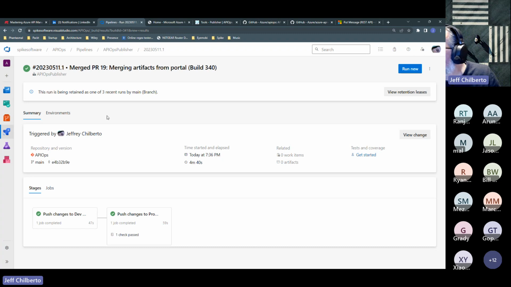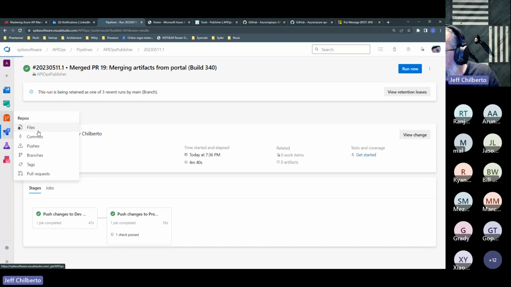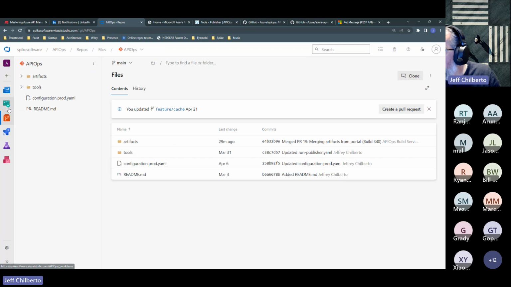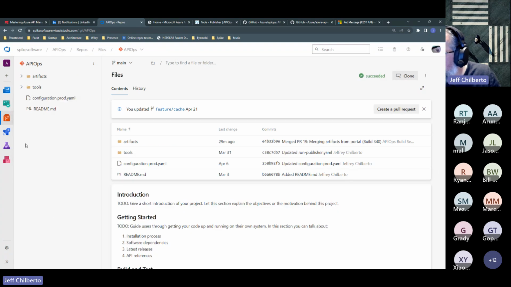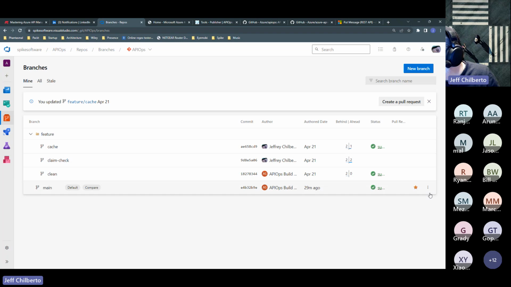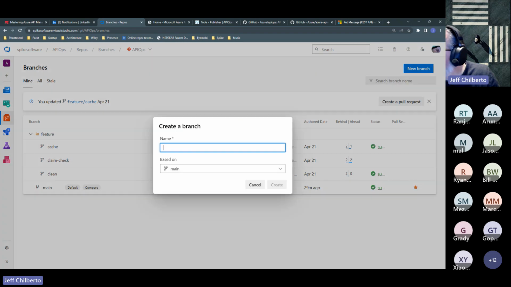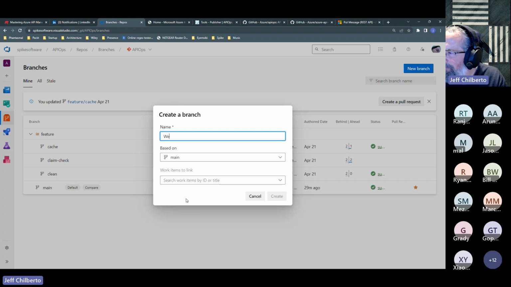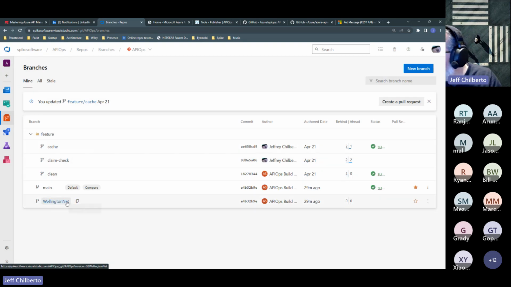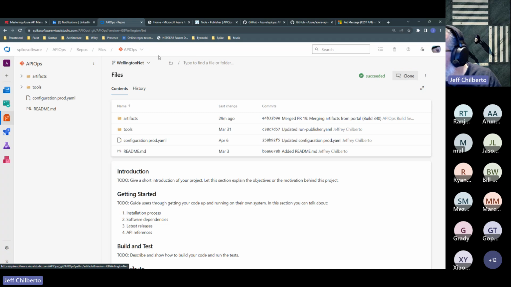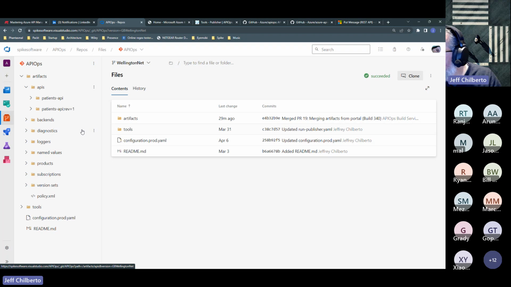All right, so if we go back to our DevOps project, we go into the files. Actually, instead of updating it directly, I'll go ahead and create a branch and make my change on the branch. So I'll say new branch. I'll call it Wellington NET. Create it. This will be a copy of dev. Popping into it here in files, I'll go ahead and modify my API,